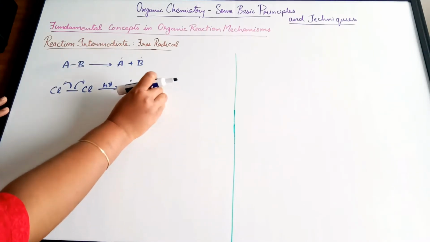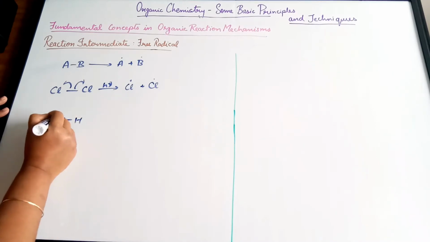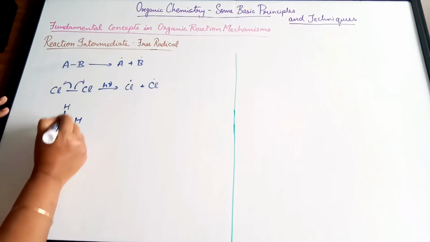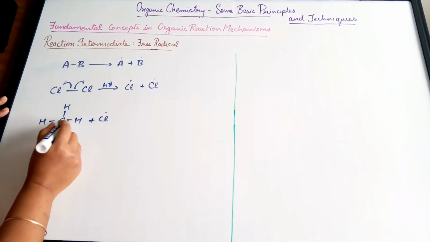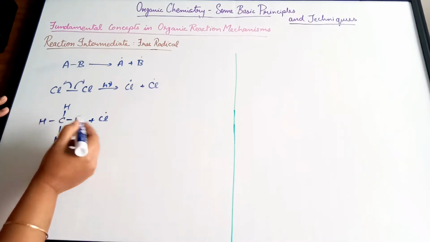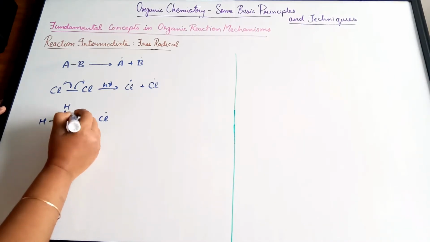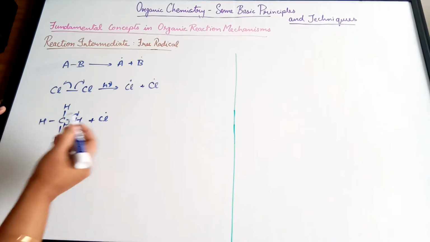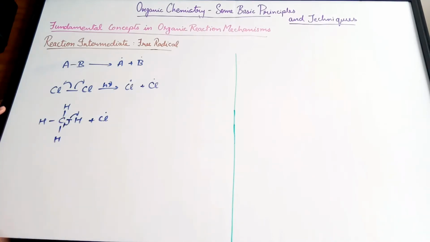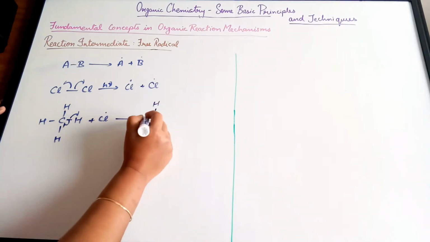Now the free radical of chlorine is going to attack methane, and this leads to the breaking of one of the bonds. Since chlorine already has one electron free, it will just take one electron with the hydrogen. So this bond is going to undergo homolytic fission to lead to the formation of a methyl free radical